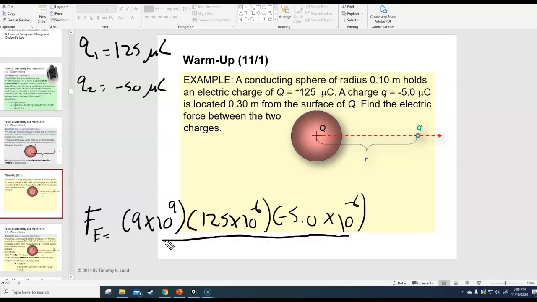The distance that we care about, though, remember, if we have a sphere of charge, we're treating it as though all of the charge is located at the center of the sphere. And so the distance from here to here, if it has a radius of 0.1, that gets us to the surface, and the distance from the surface is 0.3, that means this,